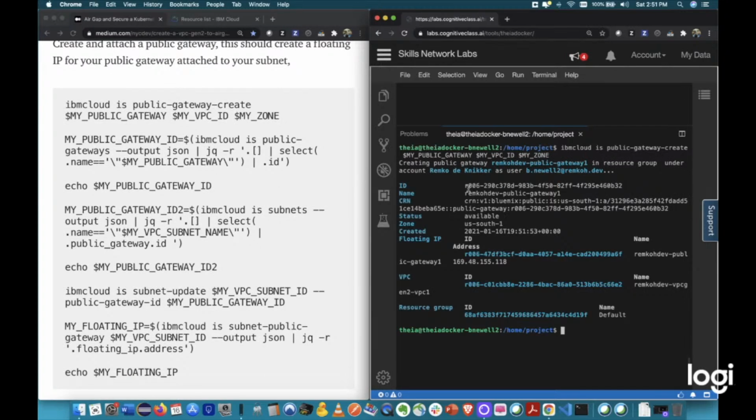It's creating it, returning it, and again I could use the ID, just being lazy and copy paste it. I'm not going to be lazy, I'm going to be disciplined and neurotic probably by saying my public gateway ID equals $(, using the IBM Cloud IS public gateways, list all my gateways, make sure I get it back as JSON, pipe it into the JQ command, remove the double quotes, and then what I'm going to do with it is